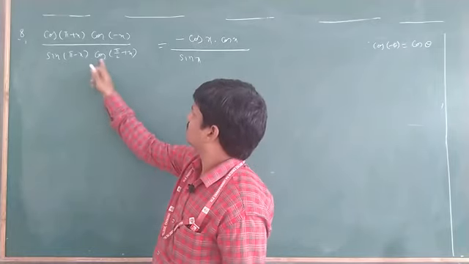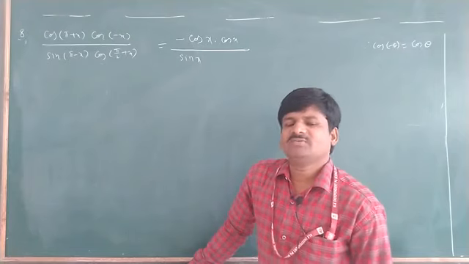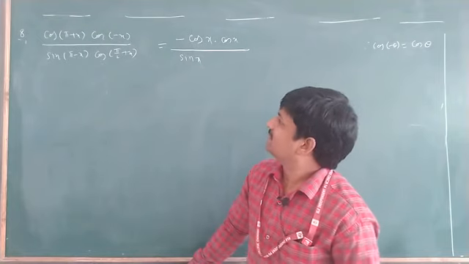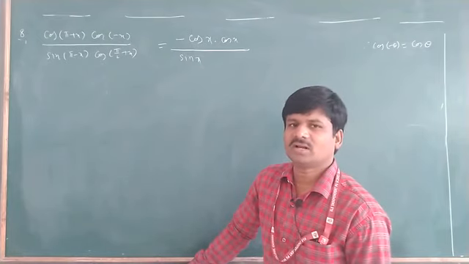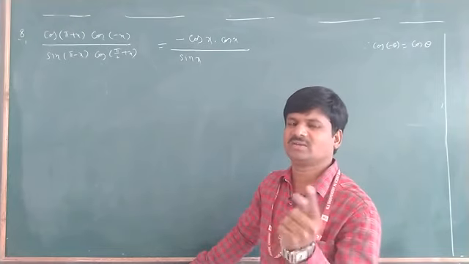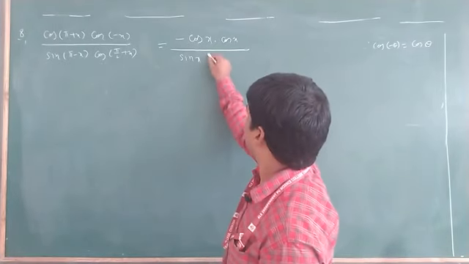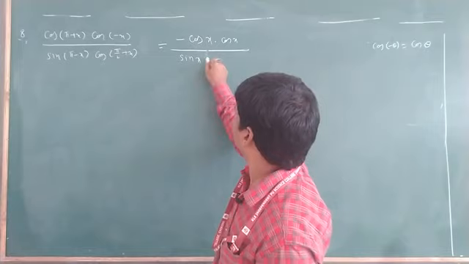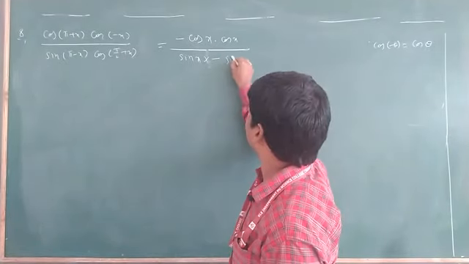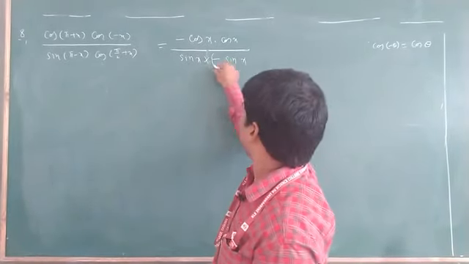Yes. Next, cos of 90 plus theta. 90 plus theta means which quadrant is it? Second quadrant. In the second quadrant, is cos negative or not? In the second quadrant, what is positive? Sin and its reciprocal cosecant are positive. The rest of the trigonometric ratios are negative. So cos is negative. So here it is minus into minus. It is 90, so cos changes to sin. Sin x. Understand? Or also keep it in brackets.